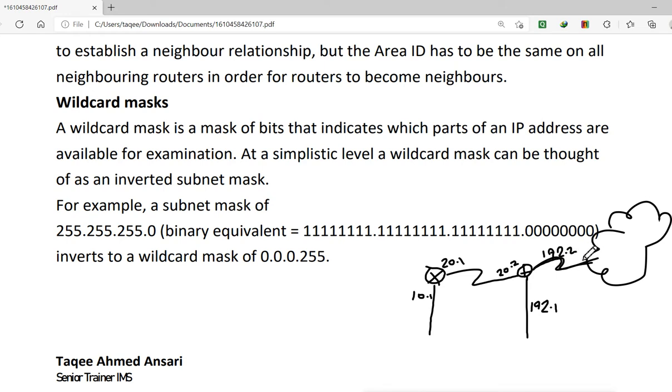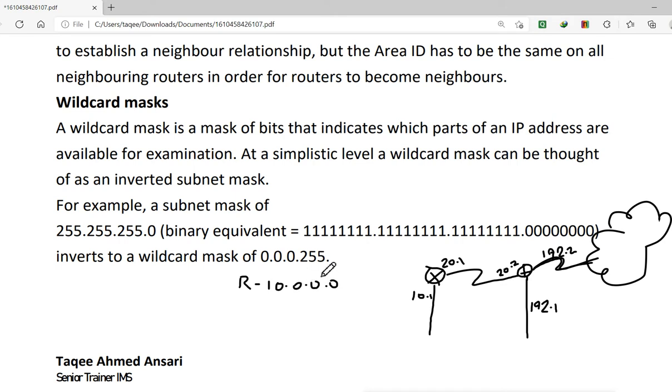Now when we configure RIP, what commands do we give? We give commands here on this router 1. On router 1, we give the command network 10.0.0.0. Now remember, when you mention the network, what does that mean? It means this network will be added into the routing table, and all interfaces of this network will have the routing protocol enabled. This is important.